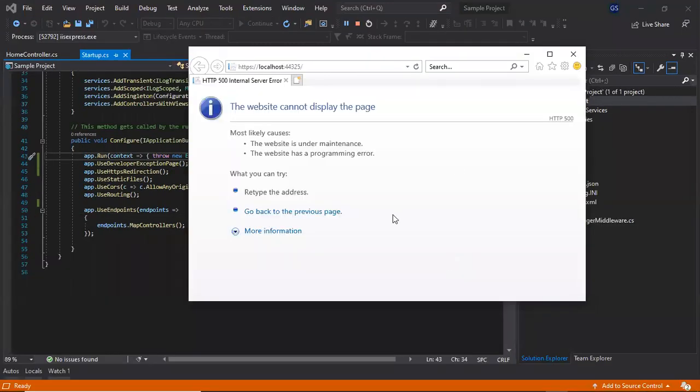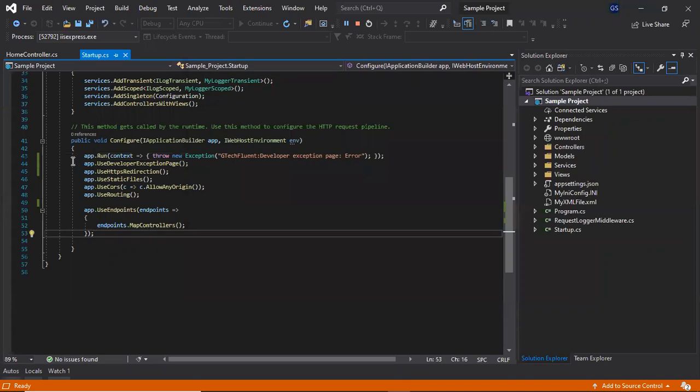If you notice on the browser, we are getting the same screen which we have seen previously. This is because, if you understand how the ASP.NET Core request pipeline works, then you might know the reason: we have added the developer exception page after the error occurs.